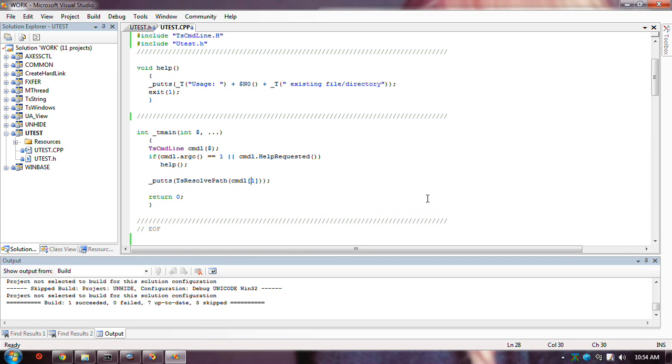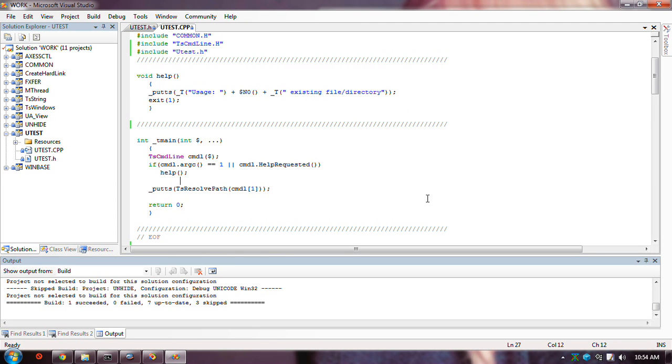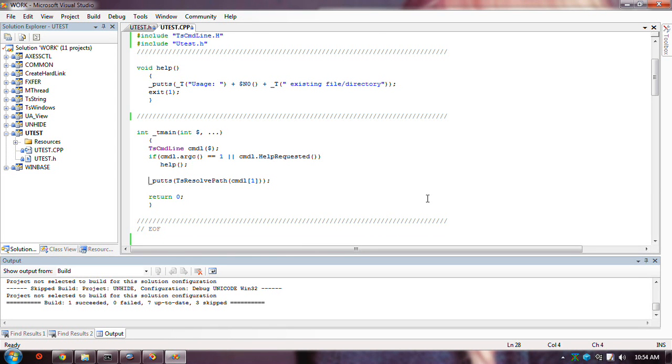Anyway, I've written the function here, and I'll go over it. Hopefully it's working. I have hidden it inside this utest.h, so you can't see anything. This would be the way one would just use it. This would replace my TsResolveDosPath. I don't want to give it the same name just yet.